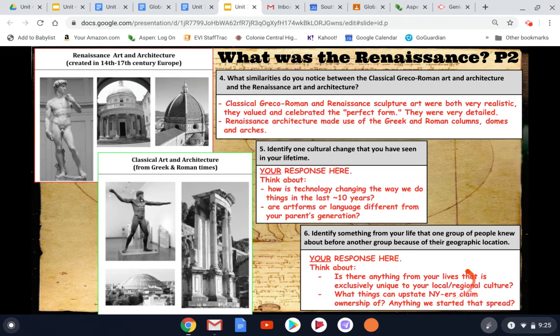All right, so as you're responding to this question, when I think of something that is exclusively unique to my local or regional culture, I first think of food. So we're from upstate New York. If anyone has been out to Western New York in places like Rochester or Buffalo, and you think about the food items that might be famous for coming from those places, I think about buffalo wings. So chicken wings with spicy buffalo sauce. That's something that people enjoy during football games and cookouts all across the United States. But it was the type of food dish that started in Buffalo.